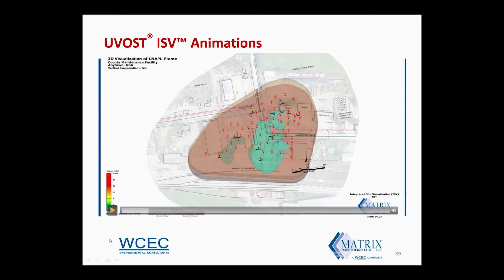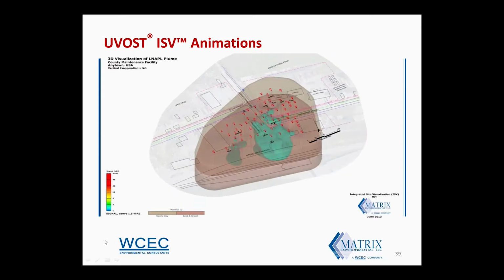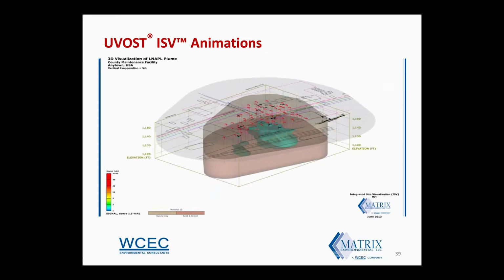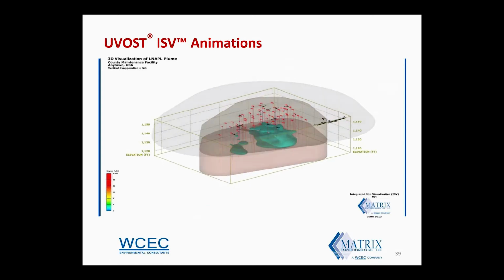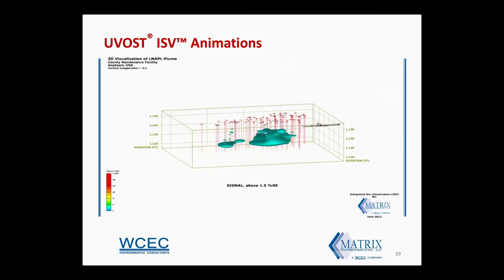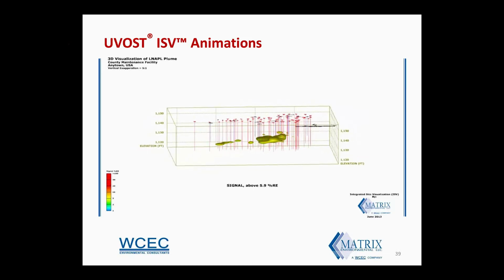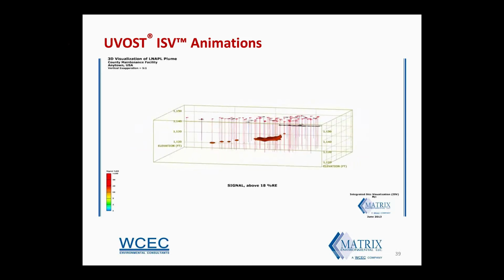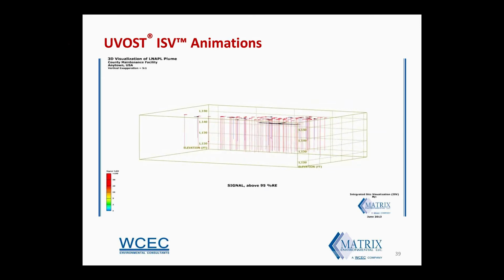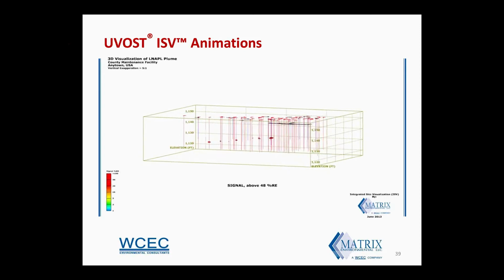I'll play again. We're just going to rotate through a couple of views here. More of a perspective view, and you can see the geologic layers that were identified with the EC probe. Now the signal response, we're going to work through low concentration to high. So in essence, we strip away the shell to the core, and then we'll go in reverse and rebuild that